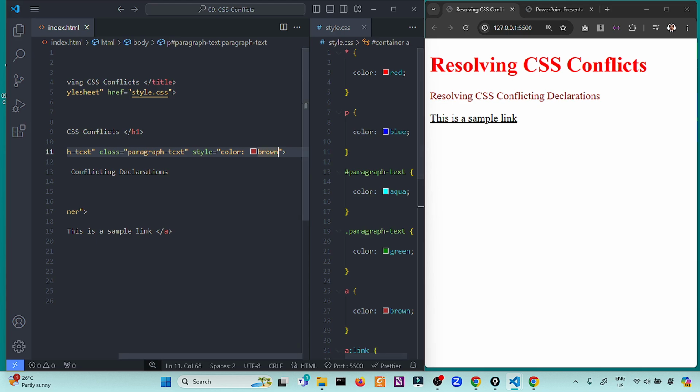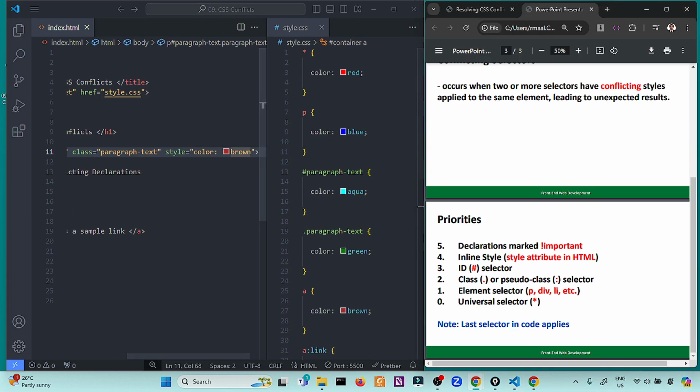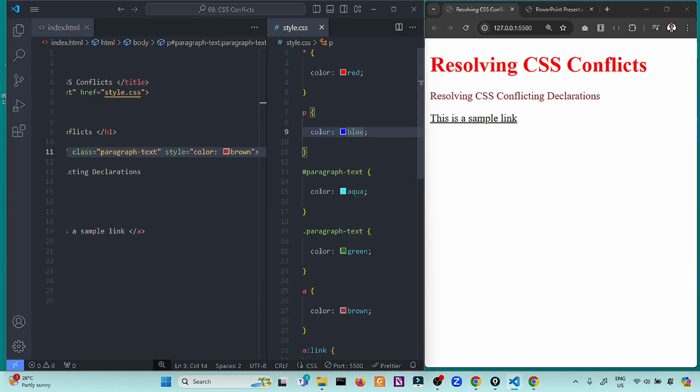So if you want to override this paragraph text, we also have the important, but I'm against this one. This should be only your last resort in making the settings. For example, we have a paragraph and you want to turn it strictly to blue.